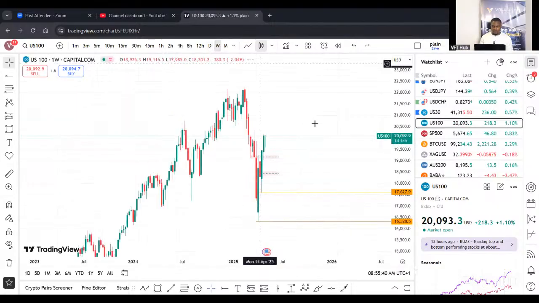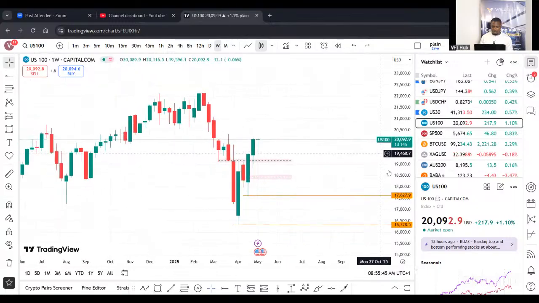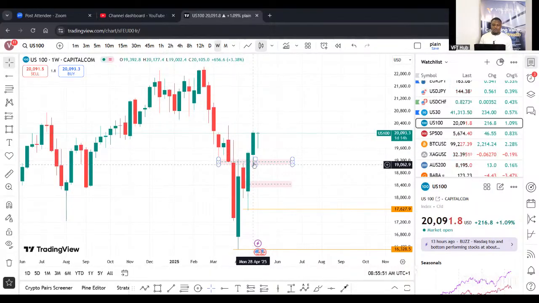Also on the weekly time frame, something very, very important, beautiful. See, okay, this is one thing. We had another block here, which has also been tested, right? And then we have this that finally pushed against this other block. Let's say it violates the other block. Look at what price did. Price came back and then